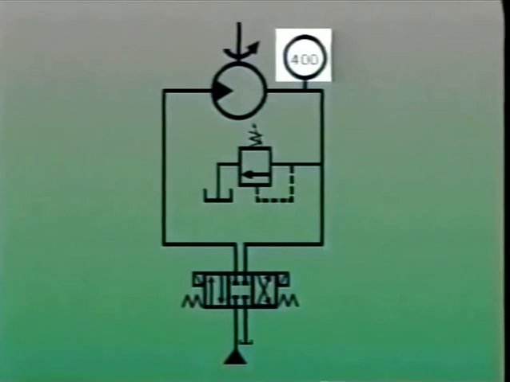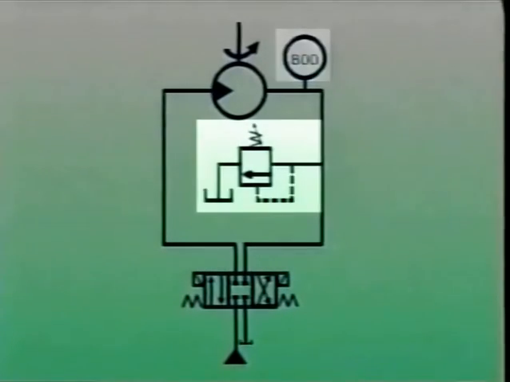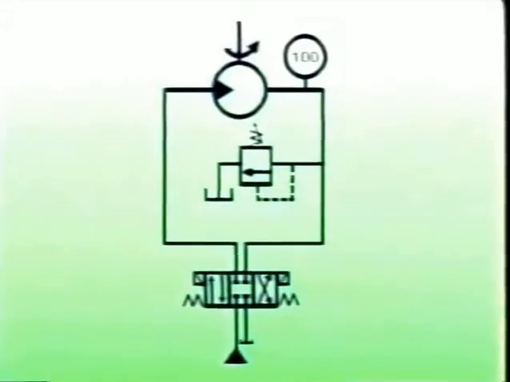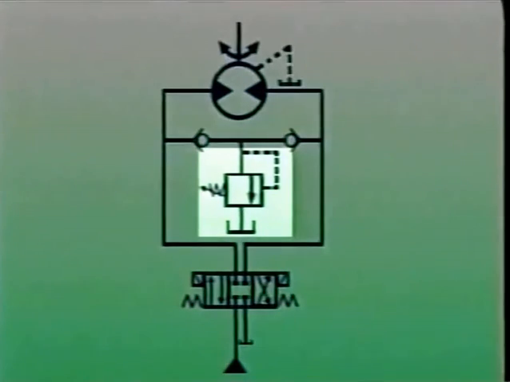The setting on the relief valve determines the maximum back pressure which will develop. When back pressure reaches that setting, the relief valve opens and back pressure drops off. Bidirectional motors, motors that can rotate in either direction, can be braked in a similar way. In this circuit, for example, the same relief valve can be used even though the motor can be braked in